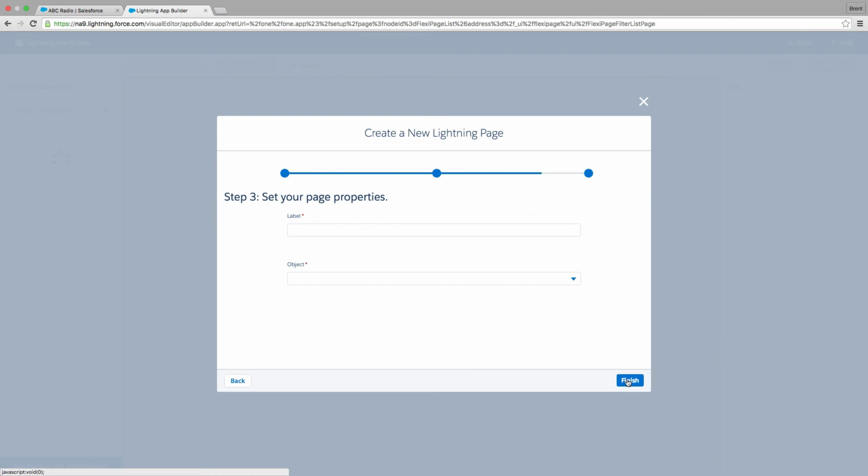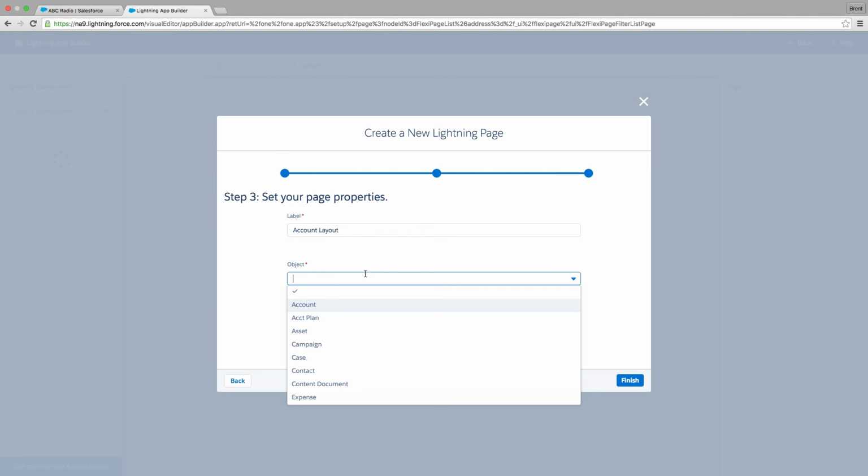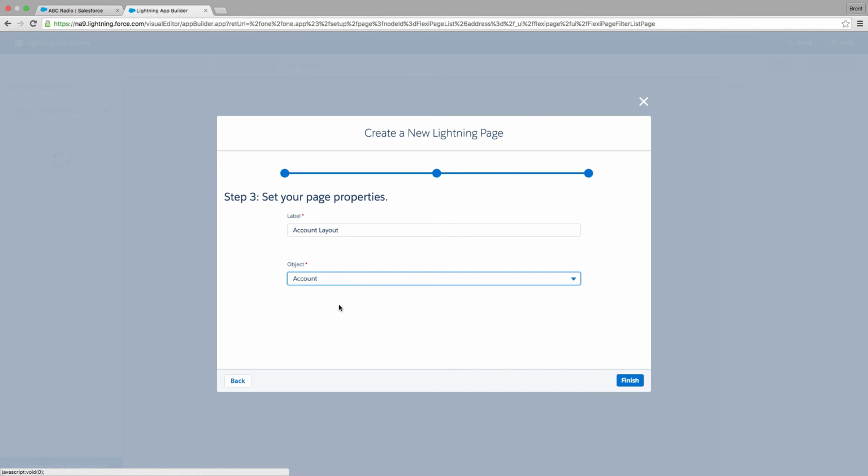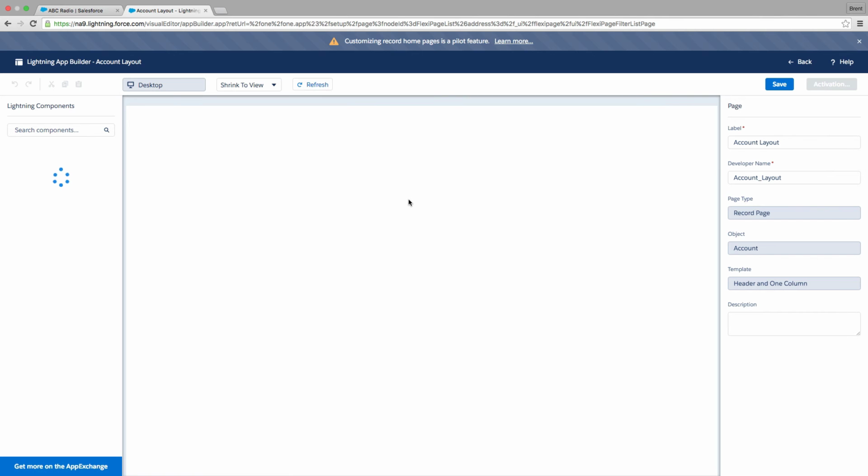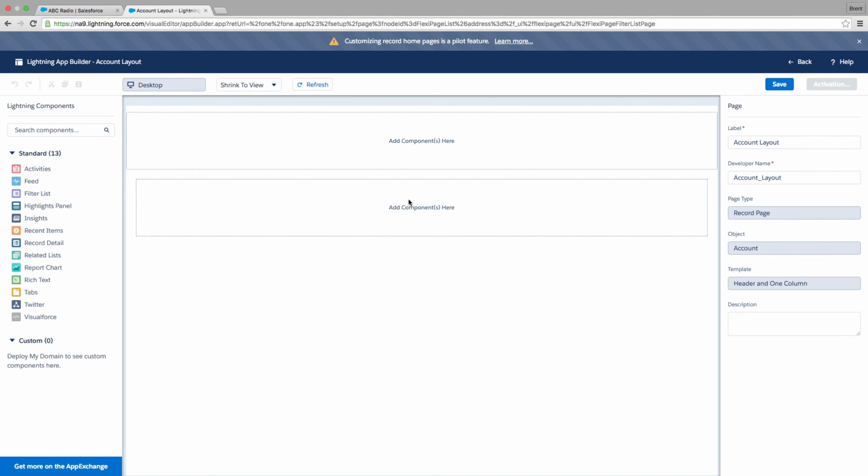We're going to click on Next. And now we need to give this a label. And so we're going to call this account layout, and then we need to choose an object. And for this example, we're going to choose account. All right, now once those have been applied, we're going to click on Finish, and then Salesforce is launching this really nice app builder, and it's very familiar to the dashboard builder if you've done that before, and it's literally